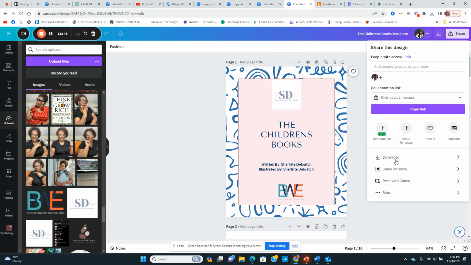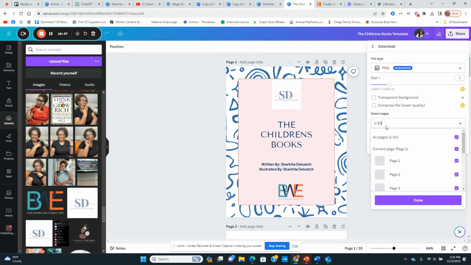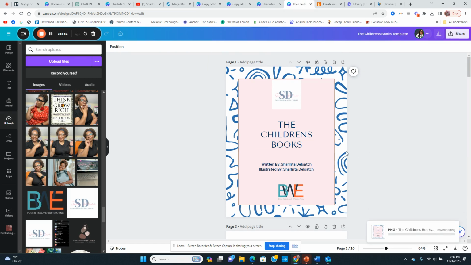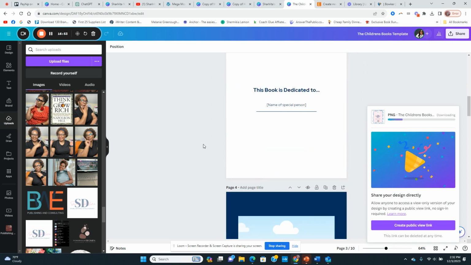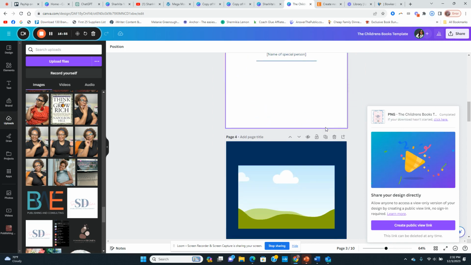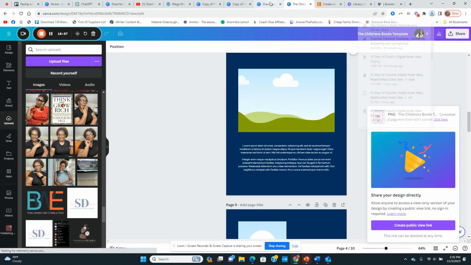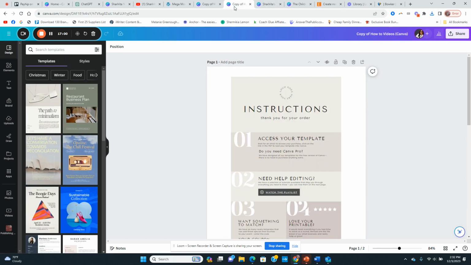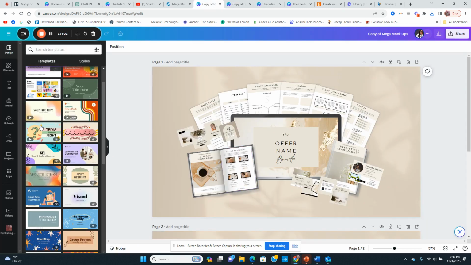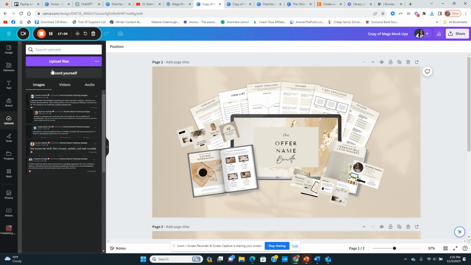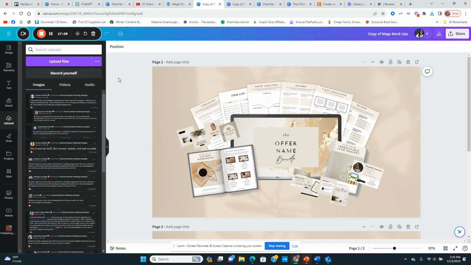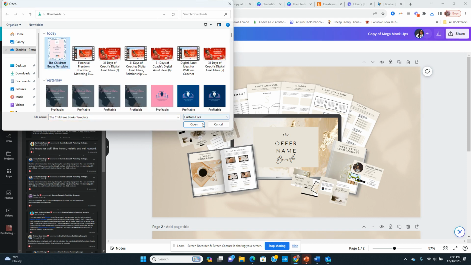And how you're going to do that is, let's go to this file here. You'll need to download. So let's download the first picture. So page 1, I'll download page 1. I will probably download this page here and this page, but just for the sake of time, I'm just going to do that one, and we're going to go back here, and we're going to upload that front page. Okay, let's upload the front page right there,